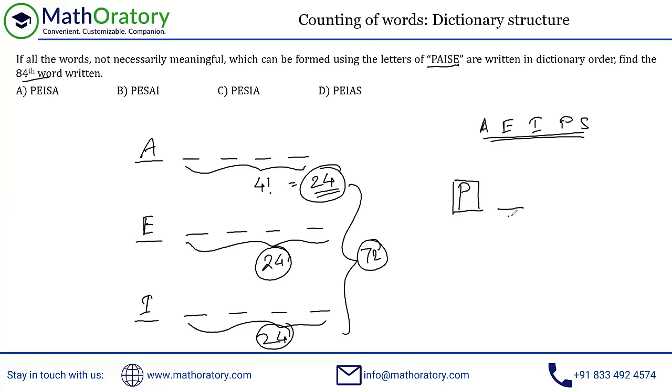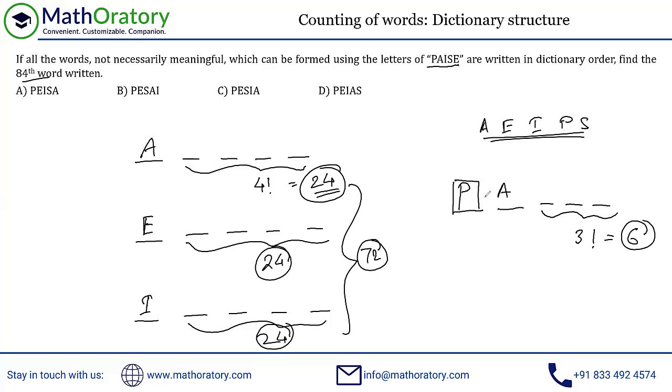What could be the next letter? That is the next thing you have to understand. It could be A, followed by P, of course. After P, you could have A, you could have E, and so on, right? So if I have A after the P, there are 3 positions left out, and obviously 3 letters for these. So that's another 3 factorial arrangement, or 6 arrangements for these 3 positions. That is for E, I, and S for these 3 positions, right? So we can have a total of 6 words starting with PA. Now 72 plus 6 is 78, but we are looking for the 84th. So we have to go a little bit forward.